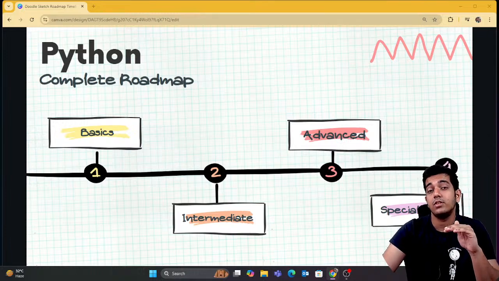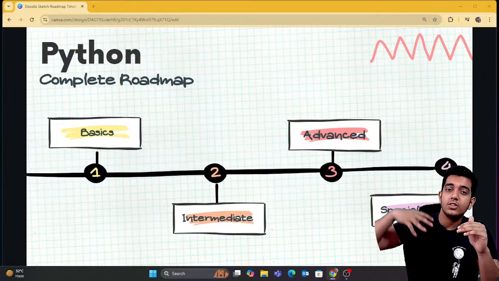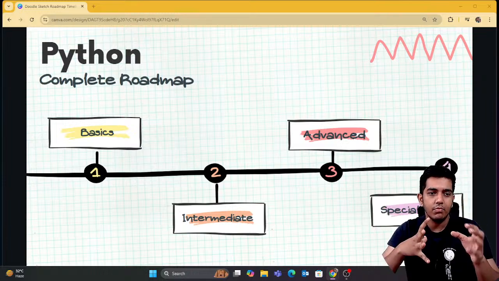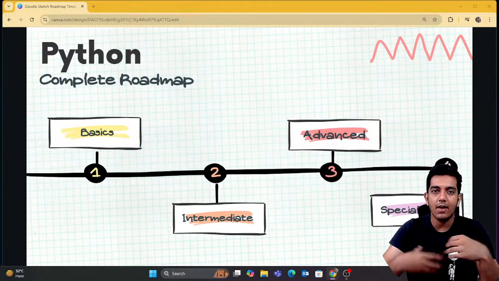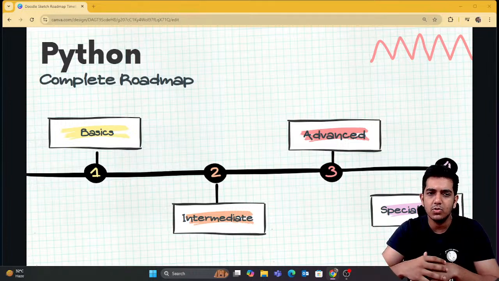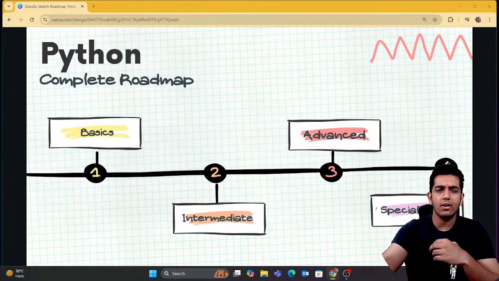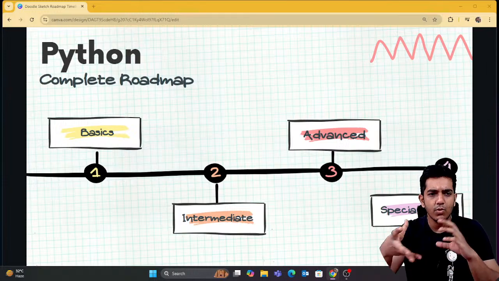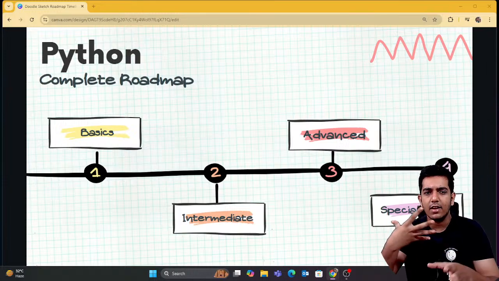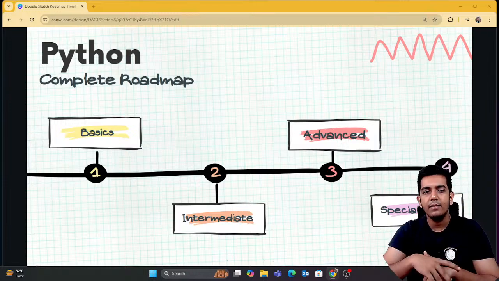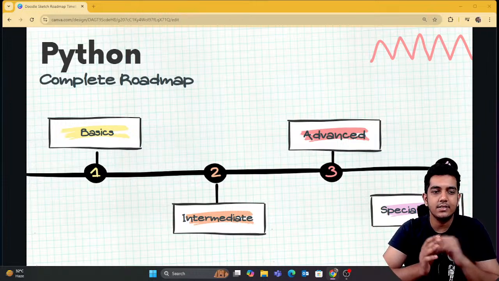Then we can also use it for game development, not that vast, but yeah, it has libraries like Pygame. As far as I know, okay, I have used Pygame, so there might be some better options, but yeah, you have built-in libraries, you have other libraries. One of them is Pygame, which allows developers to create simple games and multimedia applications, right?